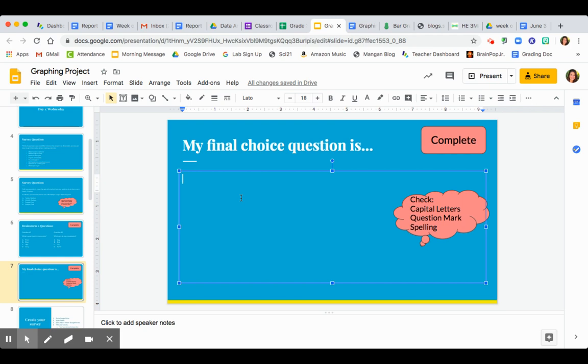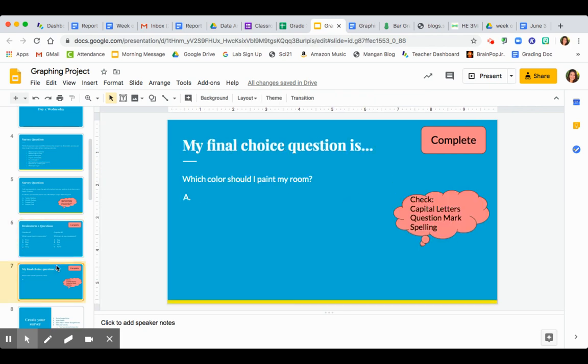If you don't know how to spell something, you can ask an adult, ask myself, or look it up. So I'm going to type my final question here. So I'll say, which color should I paint my room? And I'll go ahead and I'll put all of those final answer choices. So that and this one we are going to complete